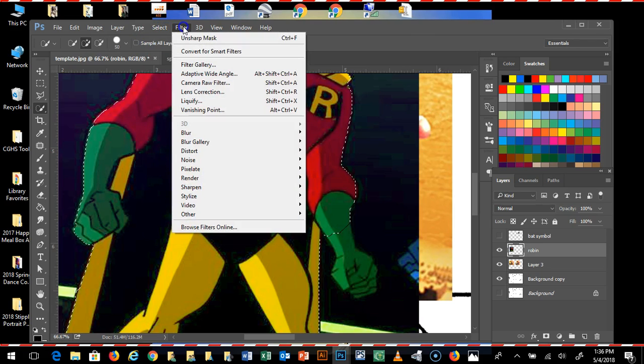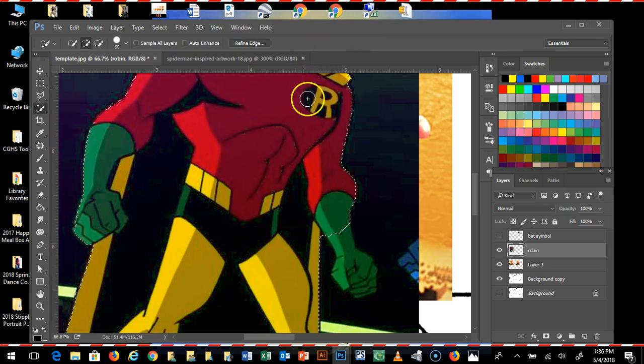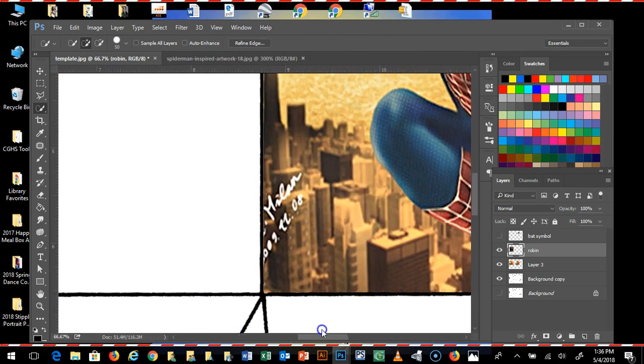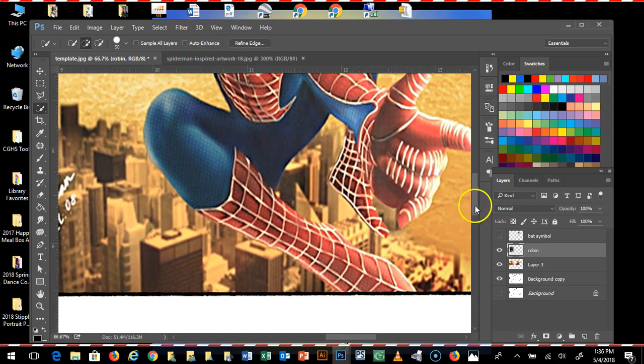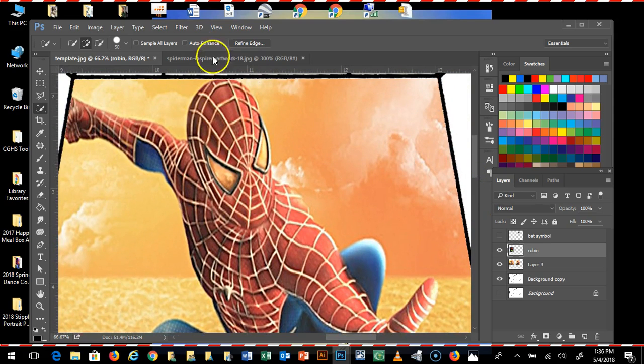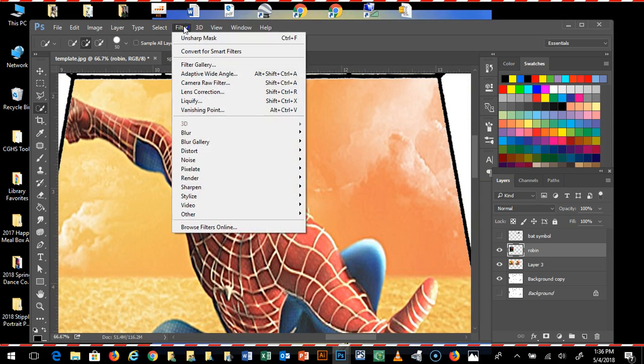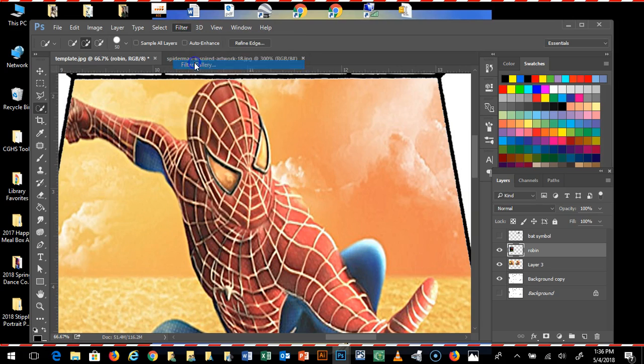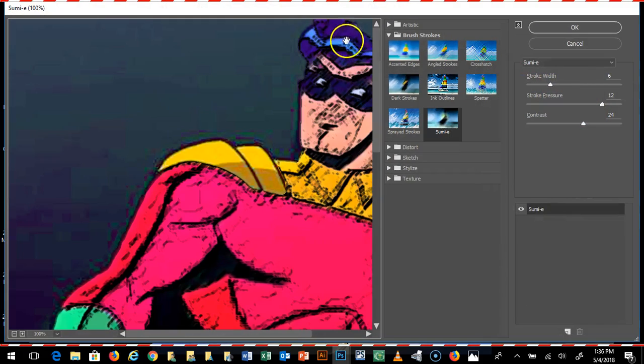You can also save selections if you feel like you need to. Filter is the one we'll spend a little time on. A filter is basically just like a special effect. And there's too many to really list individually. If you go to filter and then go to filter gallery, you'll notice that there are two different types of